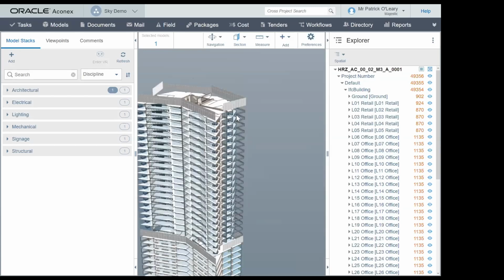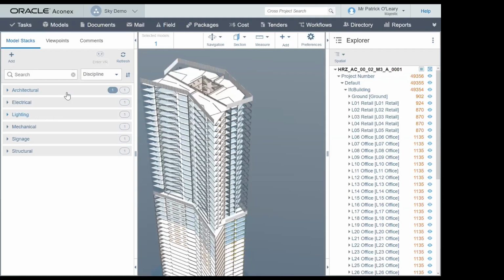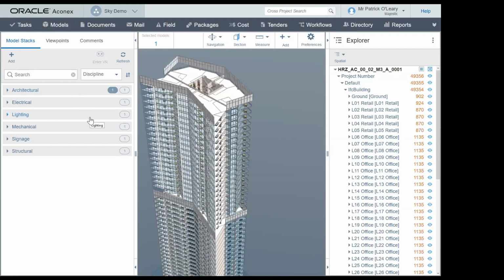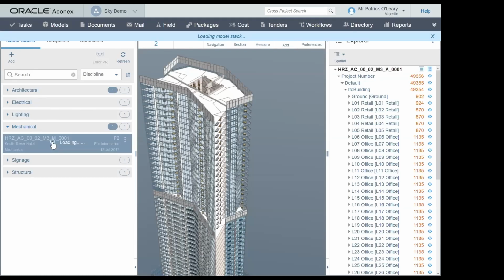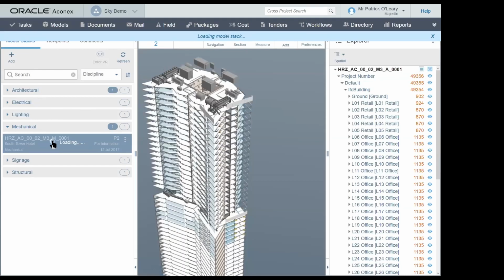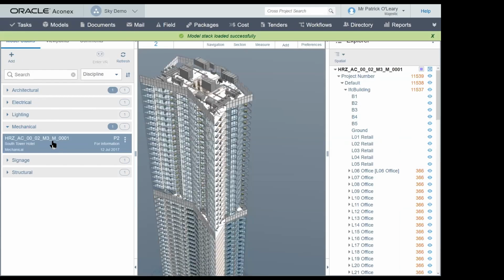This is the architectural view. As you can see here, there are various disciplines. And in the real world, what happens is the architectural consultants would be responsible for the architectural model. The same way for the mechanical, we can load the mechanical as well. So the various professionals or the consultants that are related with the various disciplines would then maintain the various models and work on them until the project is completed.